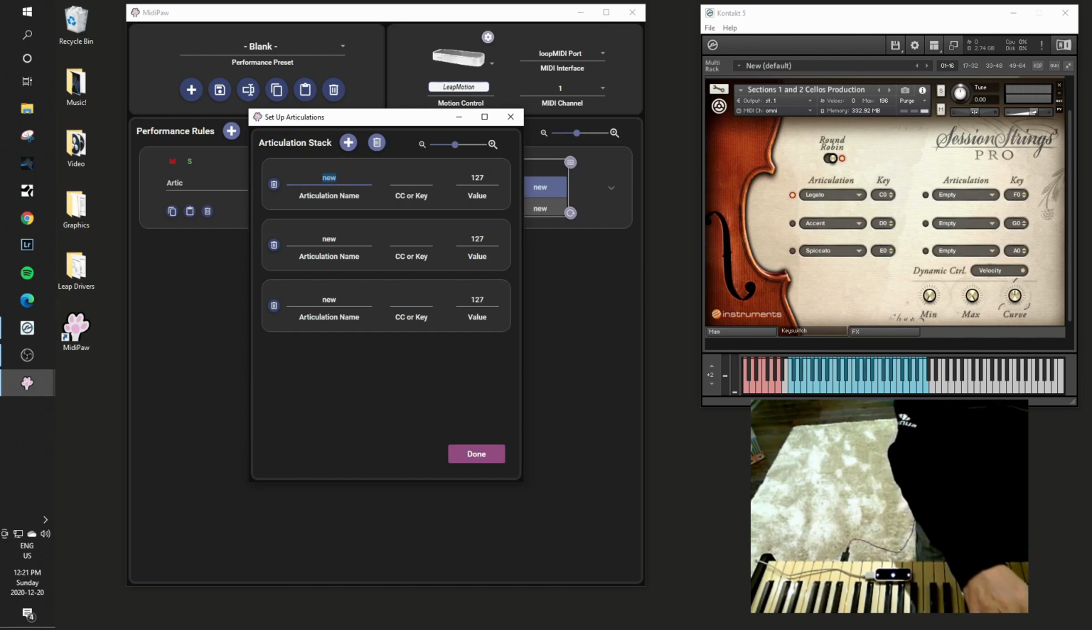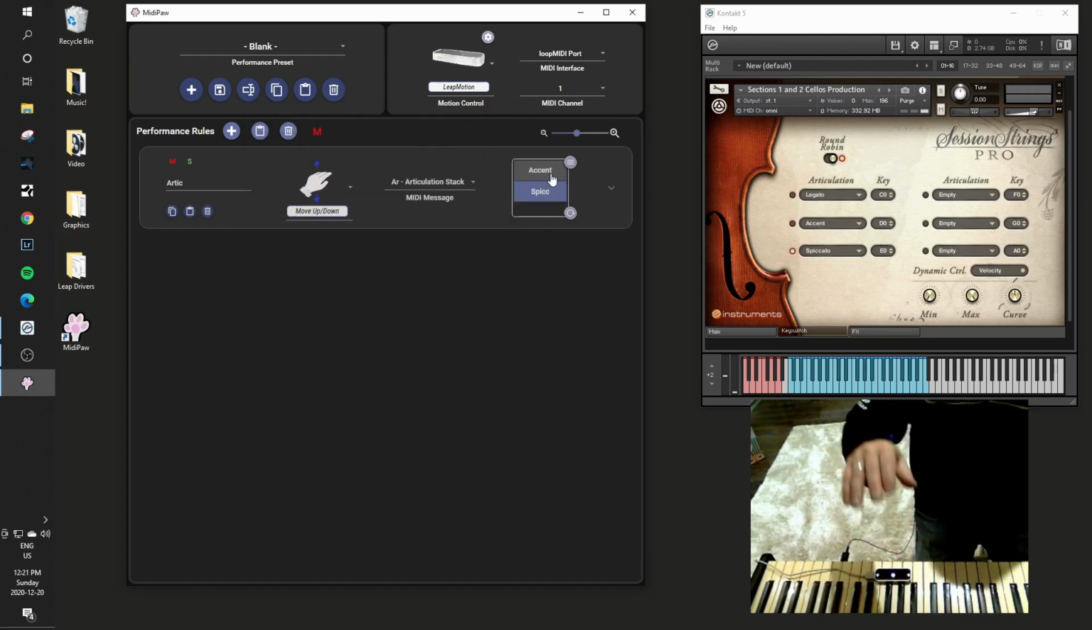So I will create one here called legato, and I know that it's on C0. I will create accent, which I know is on D0. And finally, I will create spiccato on E0. So in the background, you can see what's happened is I've now got a stack with those articulations on them,